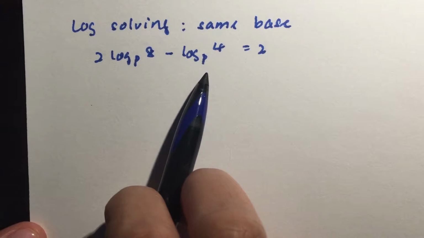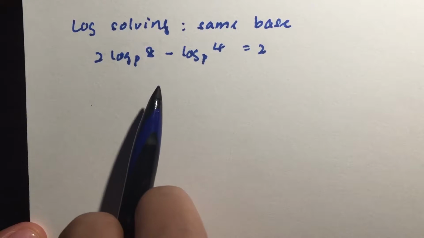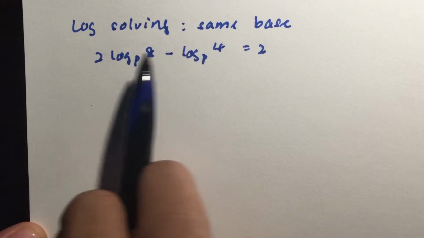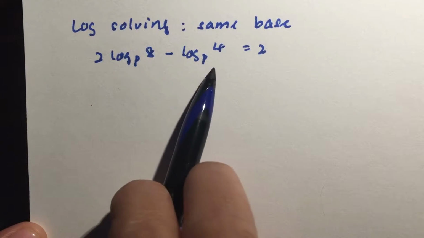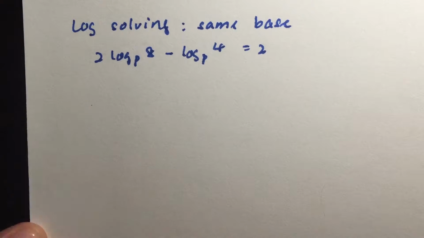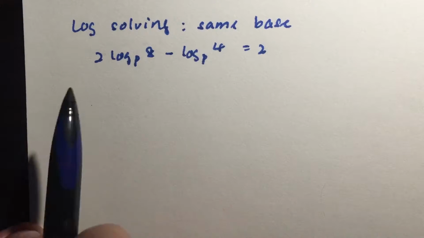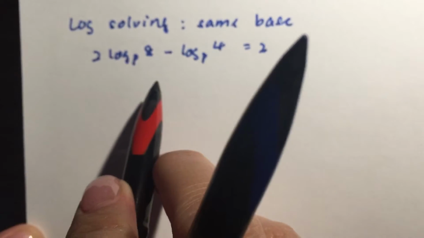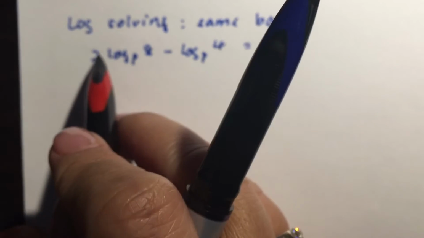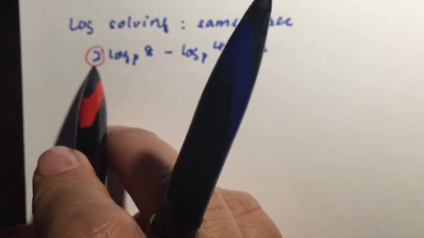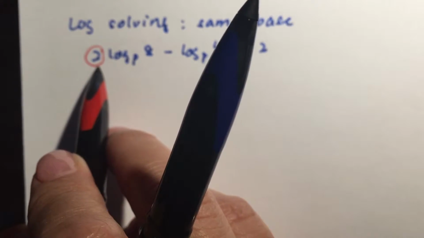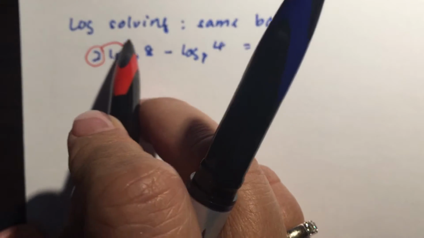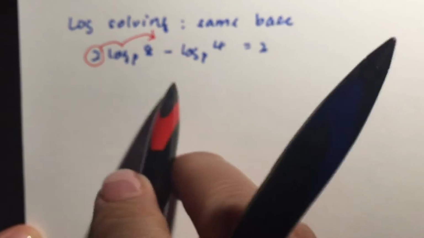Now from here we can see that we have the log terms on the left hand side. We will try to combine them into one single log term, and it's going to be quite simple because we just have to use the laws of the log. Because we have the base being the same, it makes it a lot easier. Now always remember, before you can do any kind of using the product or the quotient, you must make sure that you have no other coefficient in front of the log. So this is like your rabbit, alright? Before you can combine them together, let the rabbit jump up so that it doesn't get killed in the process,